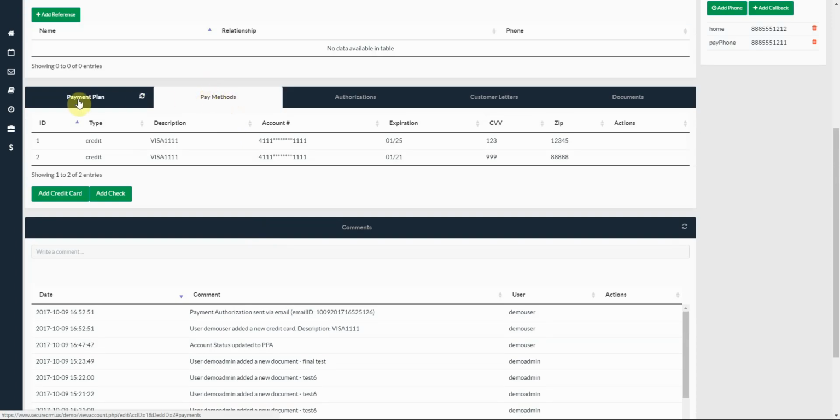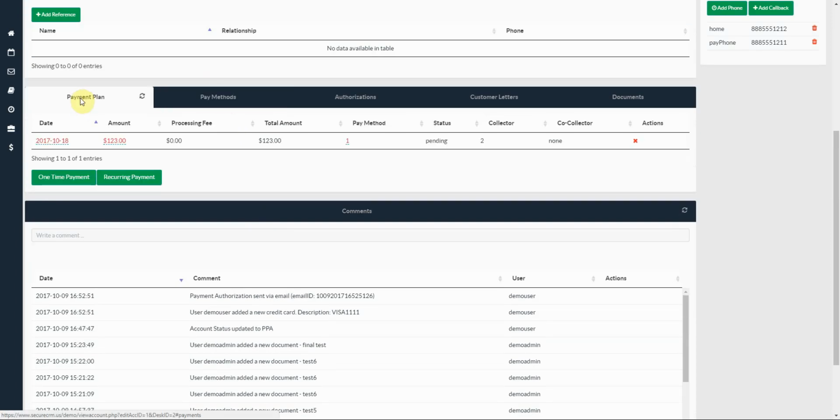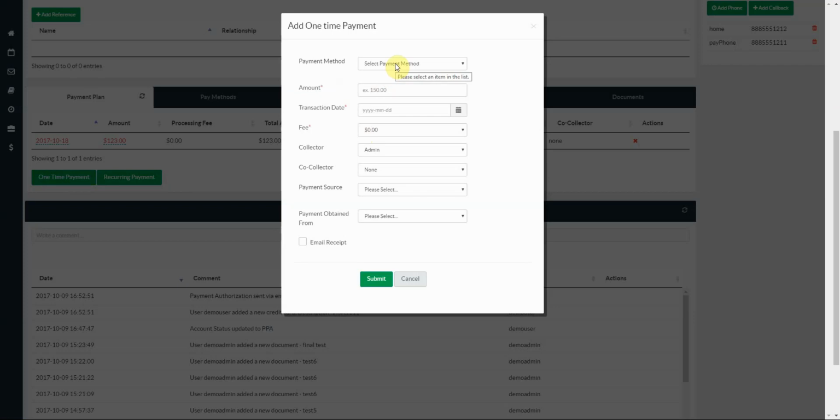Once you add a payment method, then you're going to be able to add a payment plan. Now you can add a one-time payment or a recurring payment. If you add a one-time payment, you're going to select the payment method that we just added. There could be multiple here, there could be just one, whatever the case may be. You select it, you're going to enter in the amount, the transaction date, the payment fee, whether there is one,